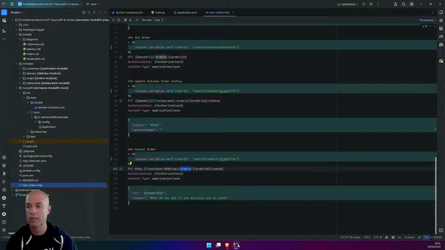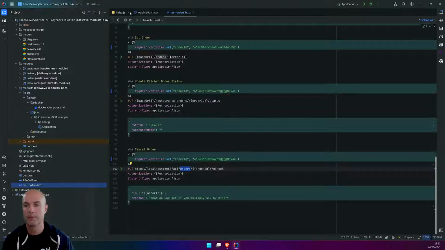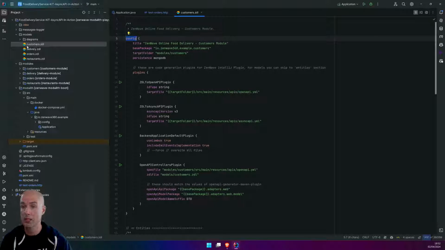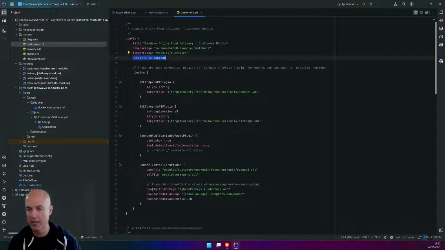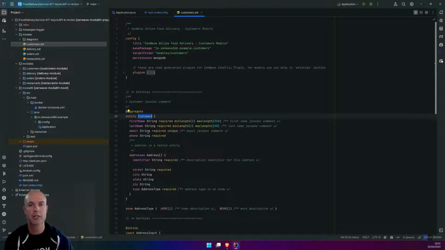So let's go back to our editor. I'm going to open for you the customer's blueprint. It has a config section with a base package. Persistence is going to be MongoDB. There are a set of plugins here that we can run, but we're going to hide them for now. Let's go to the domain model. We have a customer entity, which is the root of